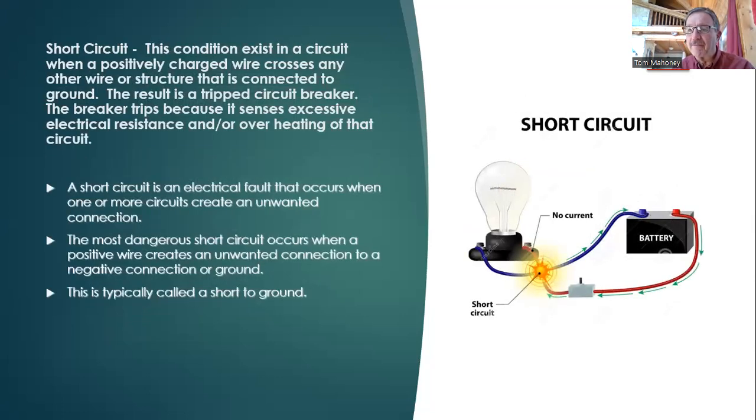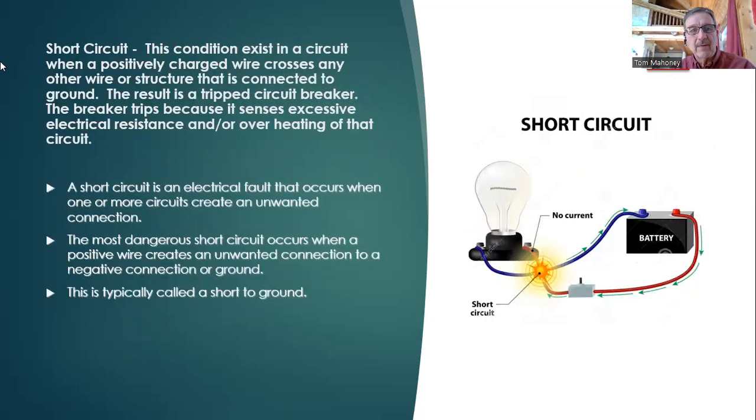Short circuit's a little different. A short circuit is a condition in a circuit when a positively charged wire crosses any other wire or structure that is connected to ground. The result is a tripped circuit breaker. The tripped circuit breaker trips because it senses an excessive electrical resistance and/or overheating of that circuit. So in this case,